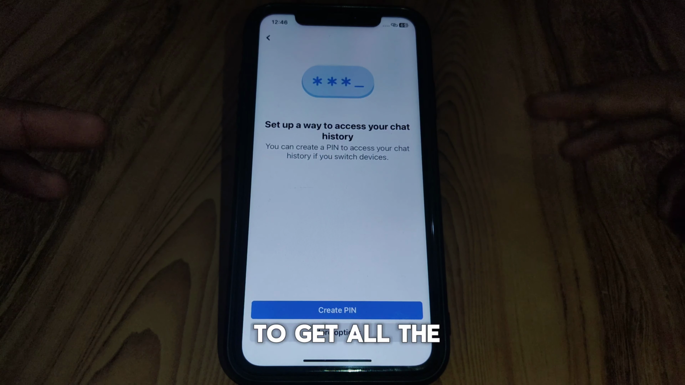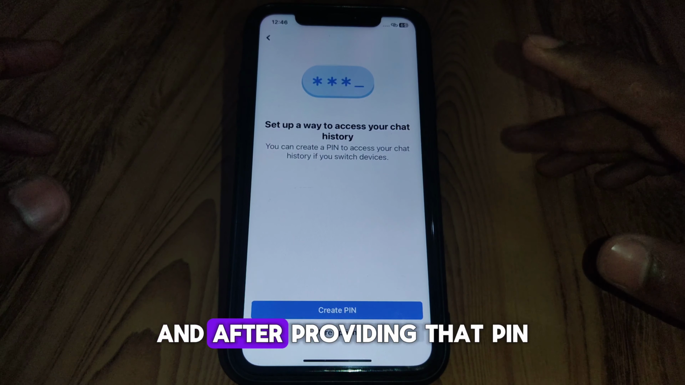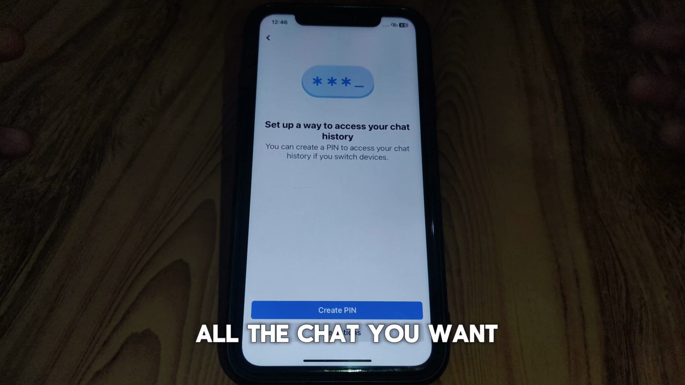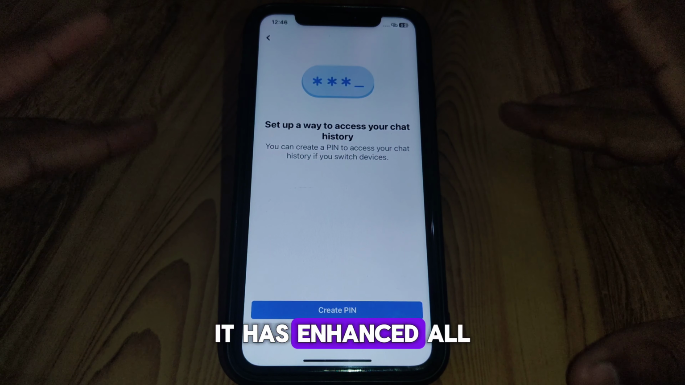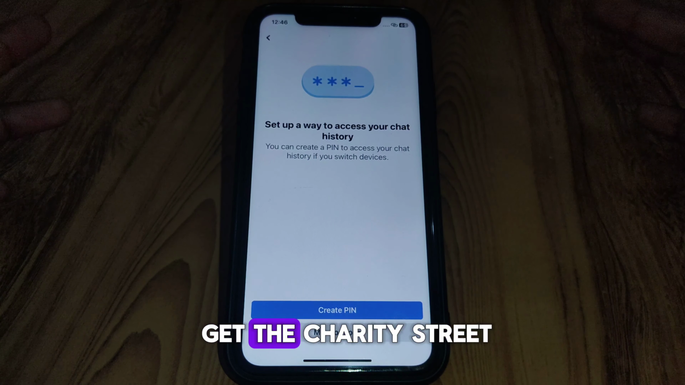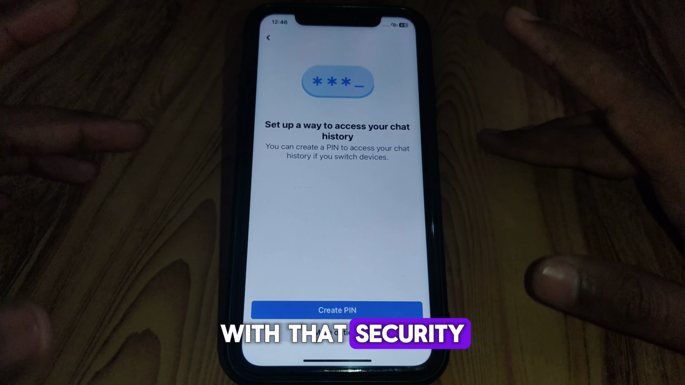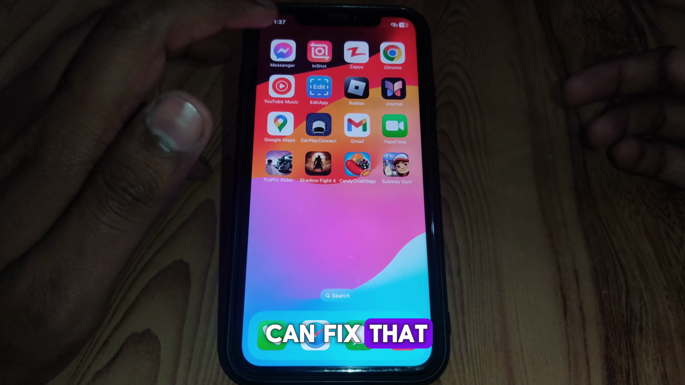So if you want to get all the chat history, then you can simply create a pin, and after providing that pin you can simply get all the chats you want. So in this way it has enhanced the security of the chats, and you can also get the chat history with that security. So if you want to check how you can set that up,